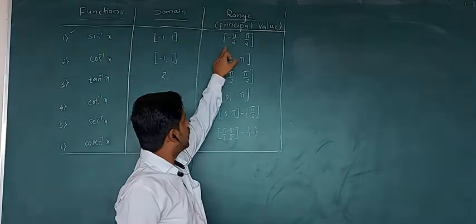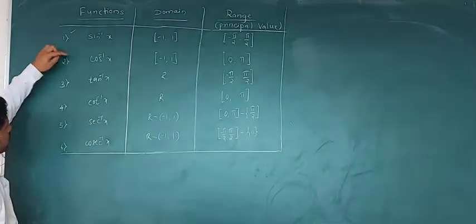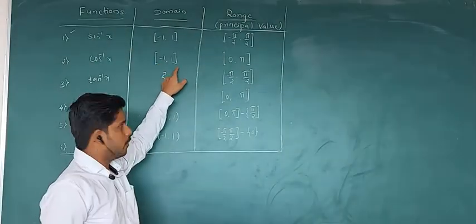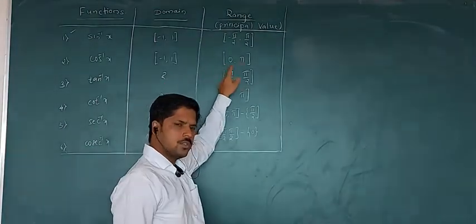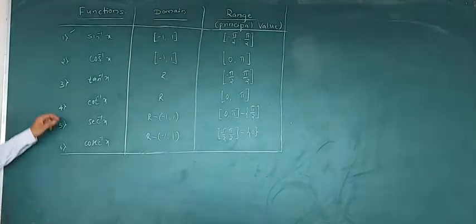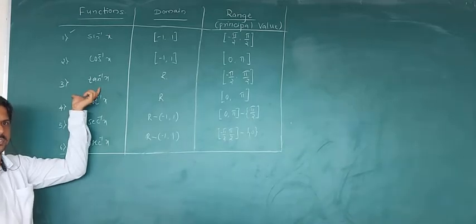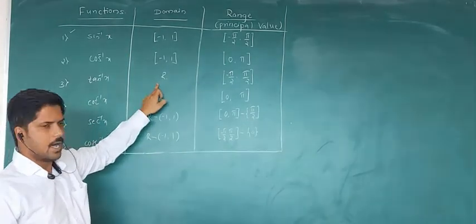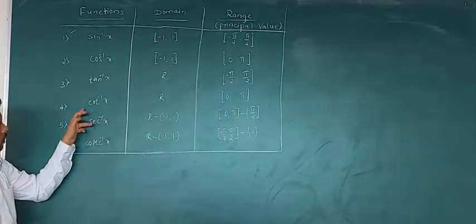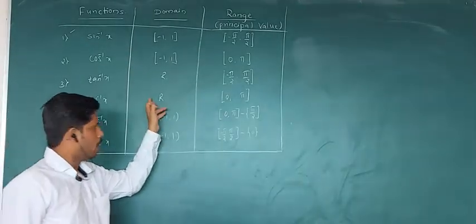and its range is minus pi by 2 to plus pi by 2. Similarly, cos inverse of x is defined as: its domain is minus 1 comma 1 and its range is 0 to pi within a closed bracket. Similarly, tan inverse of x is defined as: its domain is R and its range is minus pi by 2 to plus pi by 2. Cot inverse of x, its domain is real numbers and its range is